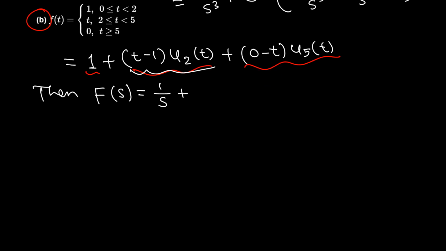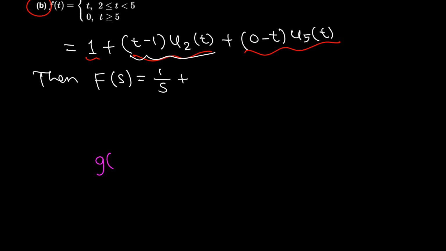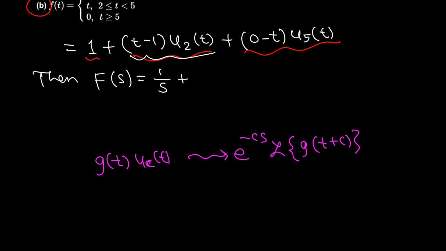When we have a function g and u_c(t), Laplace will be, because of this u_c(t), e to the negative cs, and Laplace of not only g, it will be g(t plus c). So in this case, e to the negative 2s, Laplace of this t is now plus 2, so t plus 2